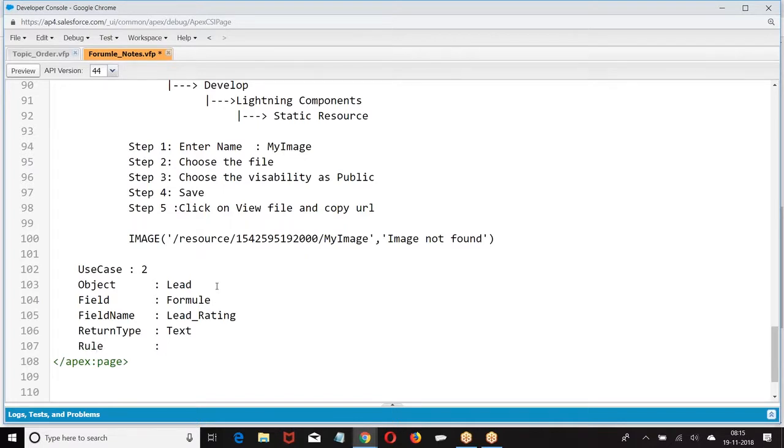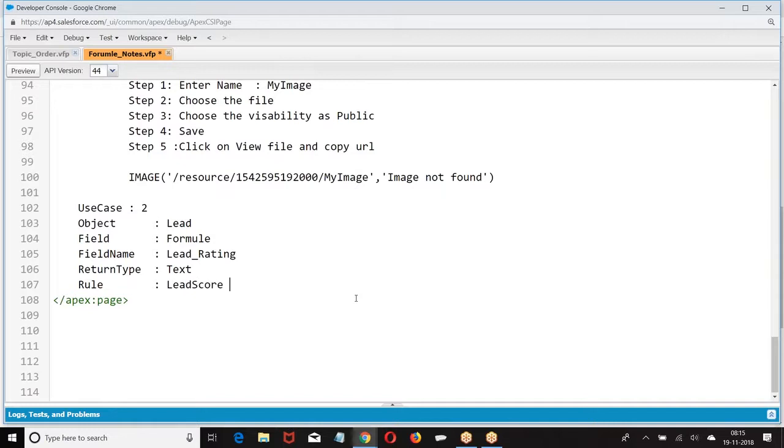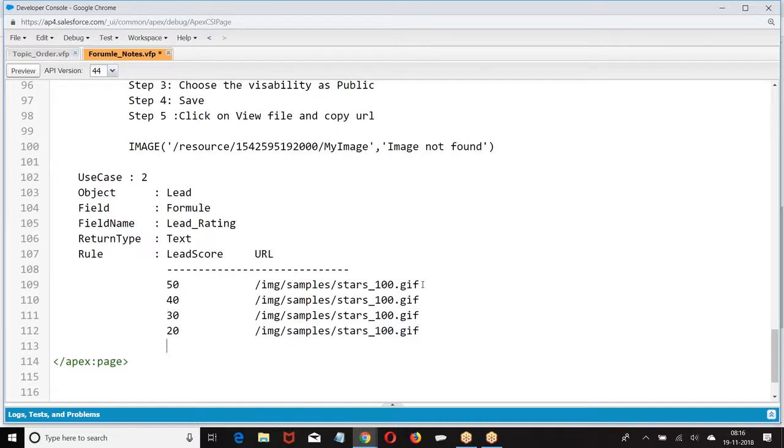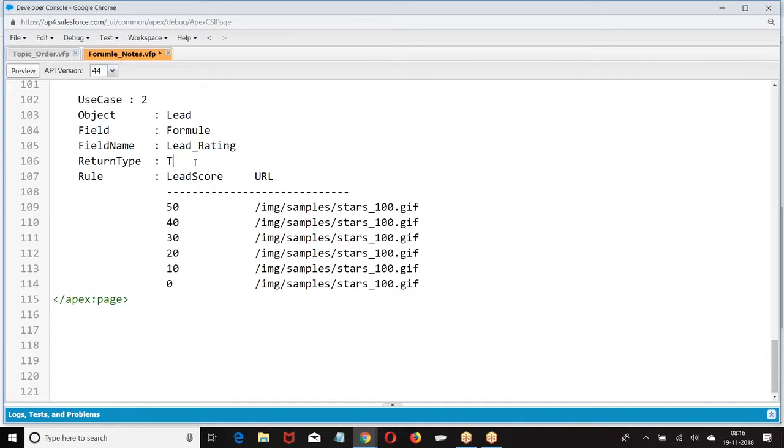Root. If it is 50, what we are getting, I want a URL.